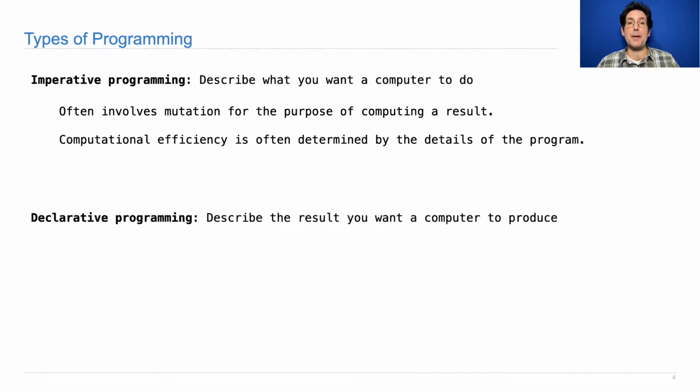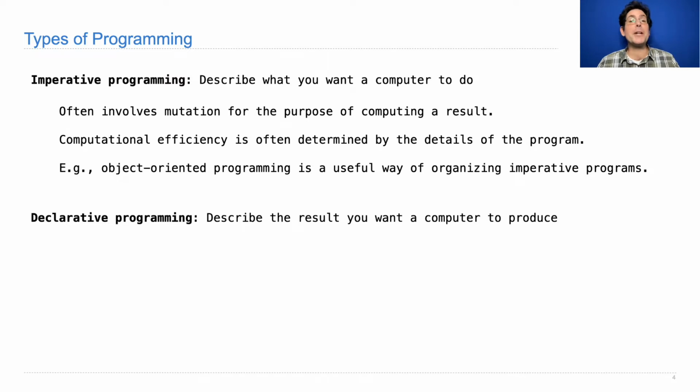It's up to you to think about those concerns, and we've seen examples of that in this course, which has mostly been about programming in an imperative style. Object-oriented programming in particular is a useful way of organizing imperative programs. Where a lot of state is changing, the best way to think about mutation is through encapsulation into objects. That's much easier to reason about than just having a bunch of global variables that are changing all the time